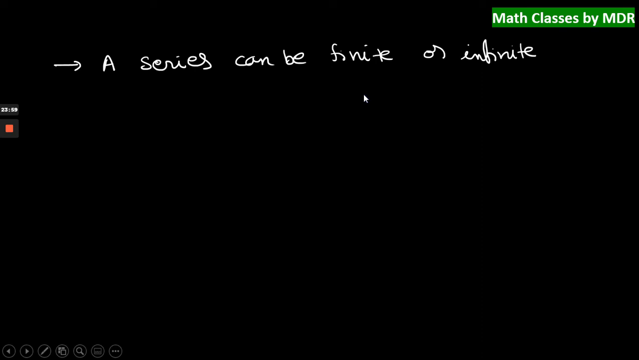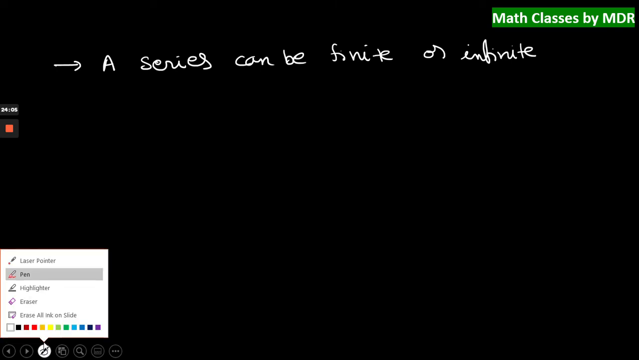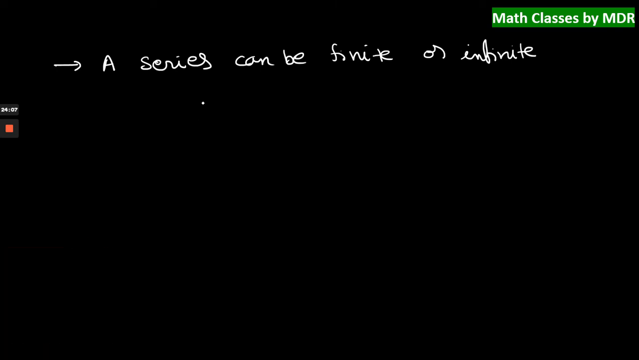A series is called a finite series if the number of elements in the series can be counted. That means if the number of elements is finite, then we call it a finite series. If the number of elements is infinite, then we call it an infinite series. For example, if I write 2, 4, 6, and of course up to 28, this is called